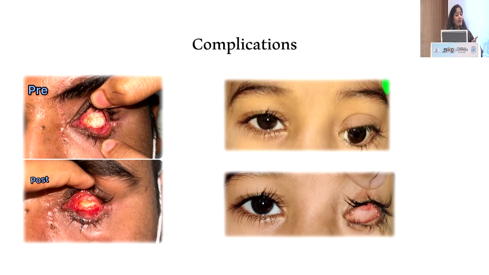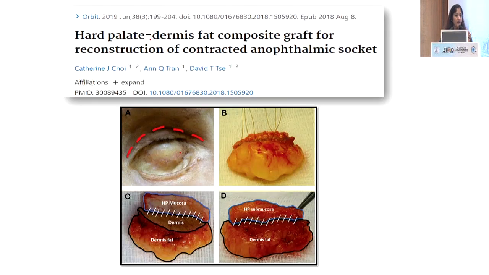Another thing that can happen in the pediatric age group with the DFG is hypertrophy of the fat, which is seen in this patient. You can see there's proptosis and down rolling of the prosthesis. Here you just debulk the DFG. Many times you can get fat necrosis, you can get fat atrophy also, and we must be prepared for it. Normally we harvest about 10 to 20% more of the dermis fat graft.